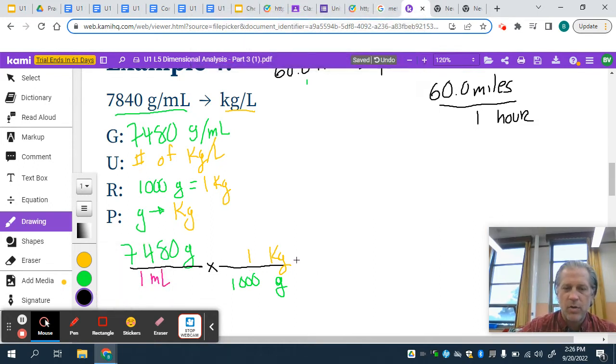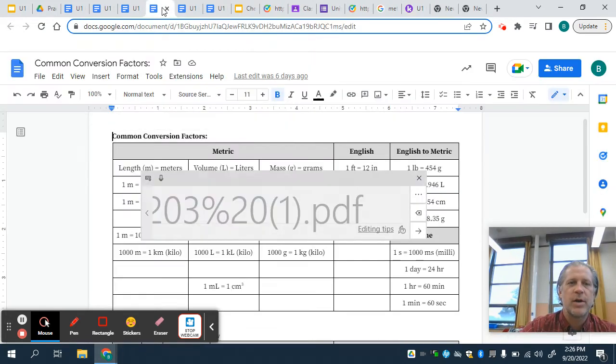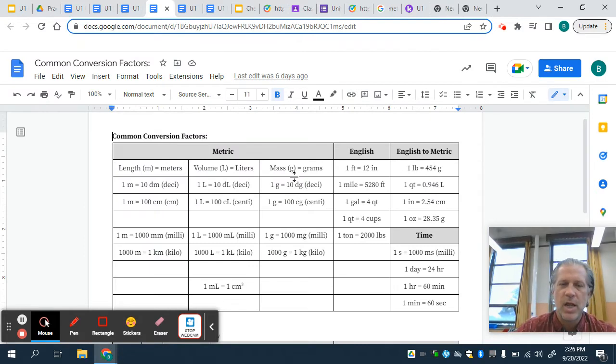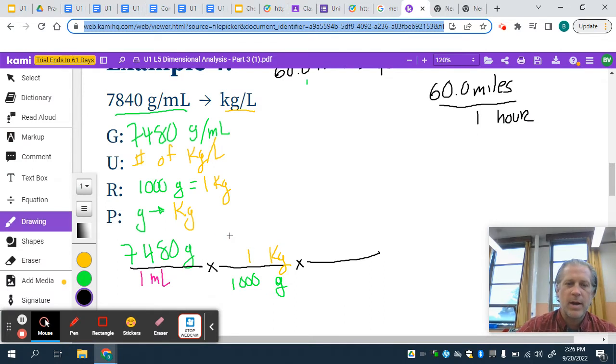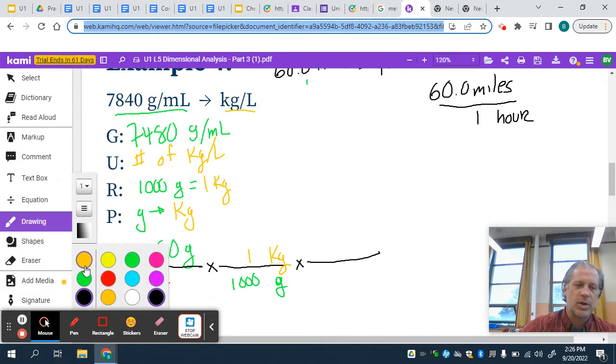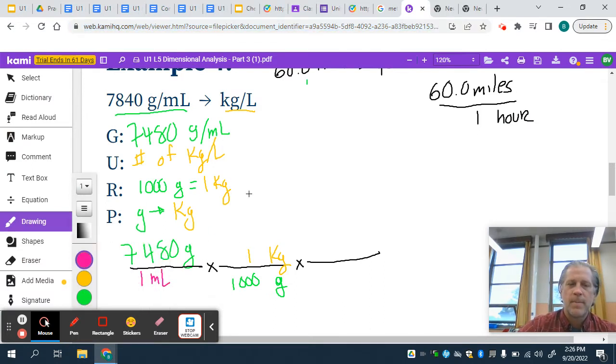So now I'm going to go one step further, and then I'm going to go and consult the common conversion sheet. And when I consult the common conversion sheet, under volume, I see that milliliters and liters are equal to one another, and 1 liter is equal to 1,000 milliliters. So I'm going to head back over here, and I'm going to write down that relationship. So the relationship is